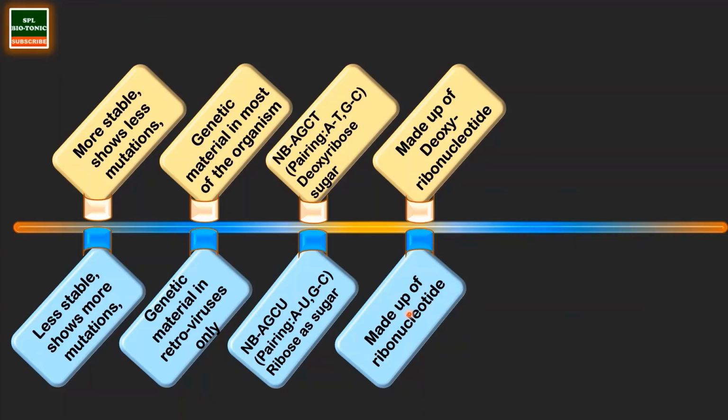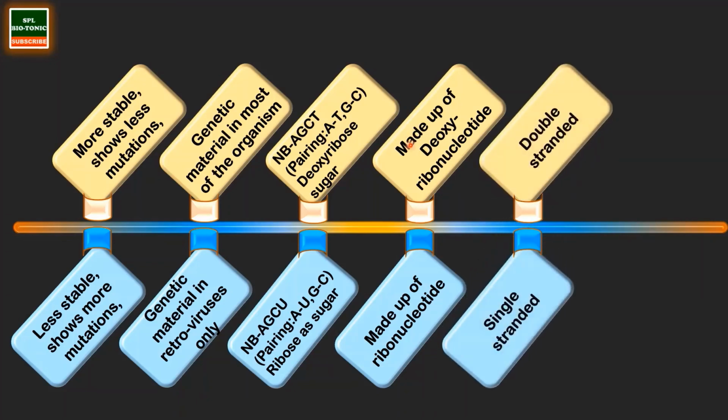Now you have to pick up these words as far as multiple choice questions are concerned. Like you can get a question like DNA is a polymer of, options can be deoxyribonucleotides, ribonucleotides, amino acid, or it may be fatty acids. So the answer is DNA is made up of deoxyribonucleotides.